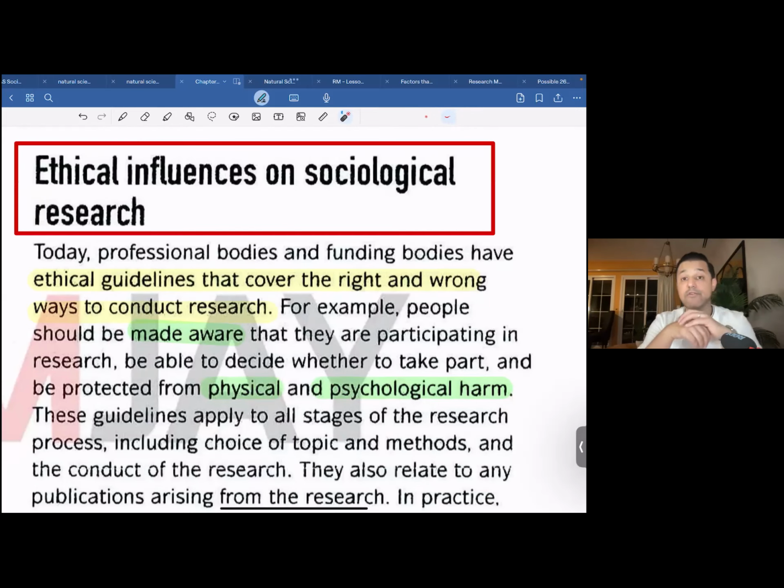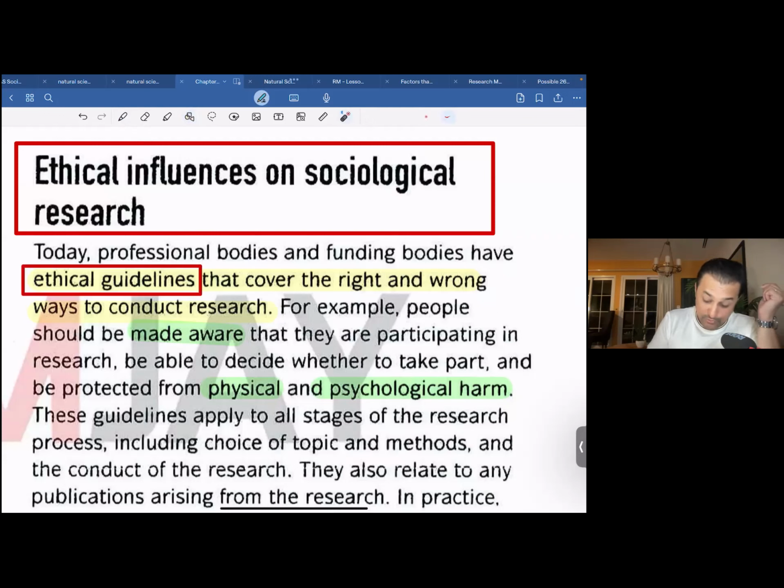Now, we were discussing different factors that affect sociological research. We started off with practical factors, and now we move on towards ethical factors. Ethical factors, again, play a very important role when it comes to sociological research. There are many professional bodies. There are certain funding organizations too. They have their own well set ethical guidelines